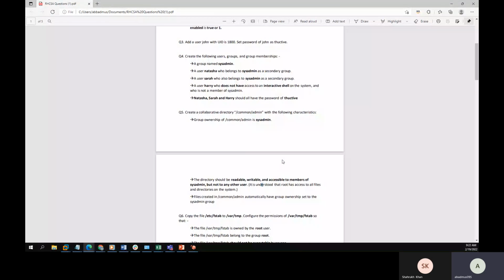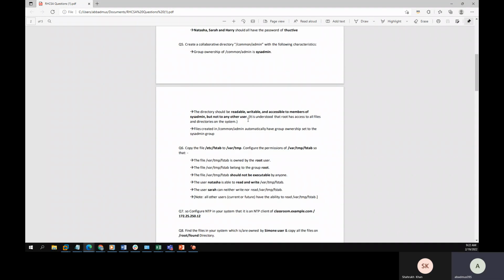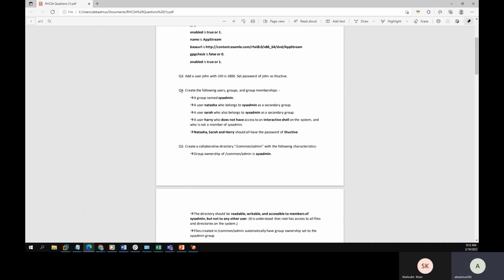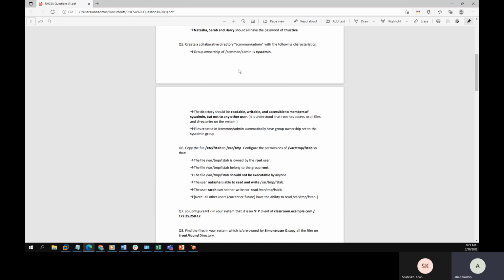So here, I tried to complete this, but I noticed when I changed to this, in Natasha, I gave Natasha to be a secondary group, but at the same time, I noticed when I create a file in this folder, right here, this folder,